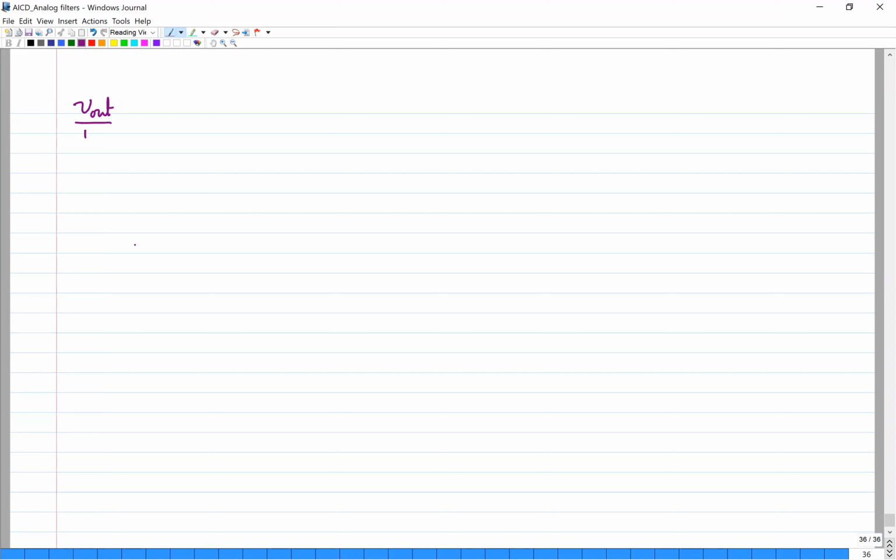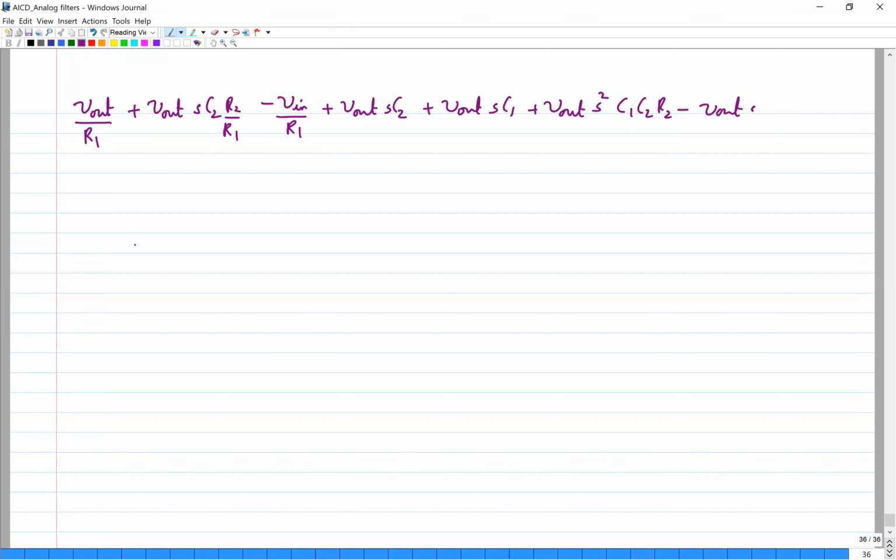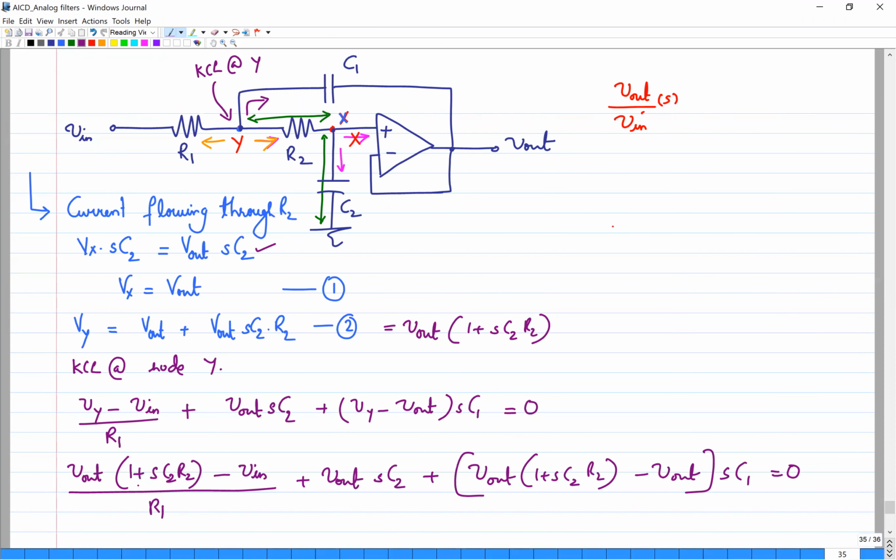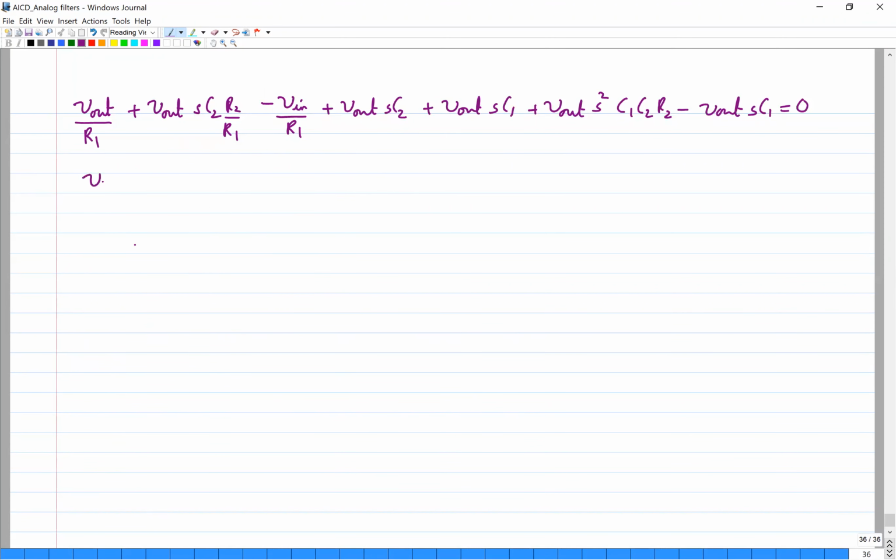So one is Vout by R1 plus Vout into SC2 into R2 by R1, plus Vout into S into C2, plus Vout into S into C1, plus Vout S square C1 C2 R2, minus Vout SC1 equal to 0. What I have done is I have just opened this bracket and split the Vin and Vout terms separately. Now I'll combine, or if I write Vout by Vin from this,